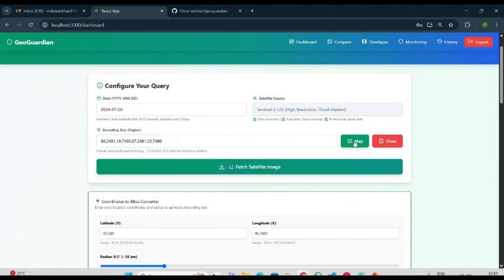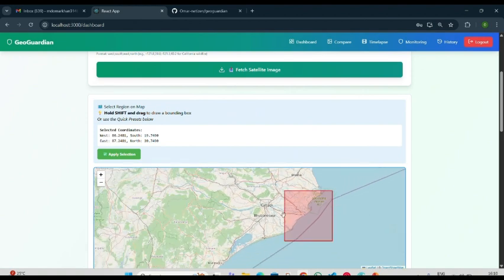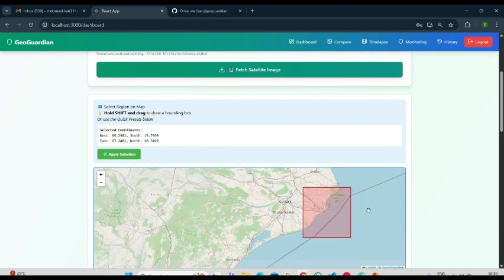Next, we can see this in a map, and this looks a bit off. It covers more of a sea region. We don't actually want that. We want more of the forest region. So what we can do is